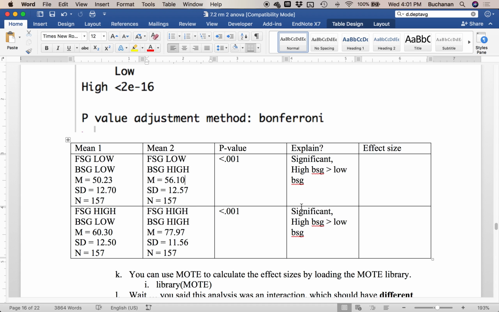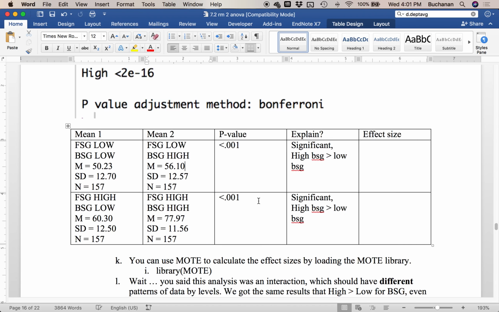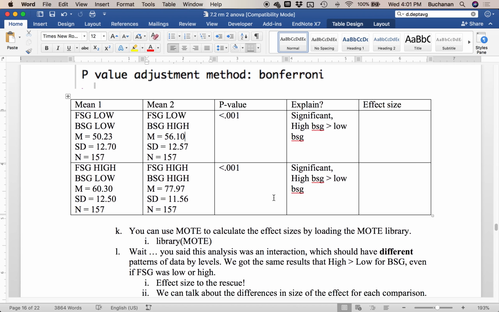Now, the interpretation is the same, that high backward strength is rated higher than low backward strength. But that doesn't tell me much when it comes to an interaction, right? My interpretation is that they have the same pattern of results. Well, the whole point of interactions is that there are different patterns. So I'm going to add my effect size to show that this piece is a much stronger effect than this piece. And that makes it explain the interaction better. Because right now they're the same